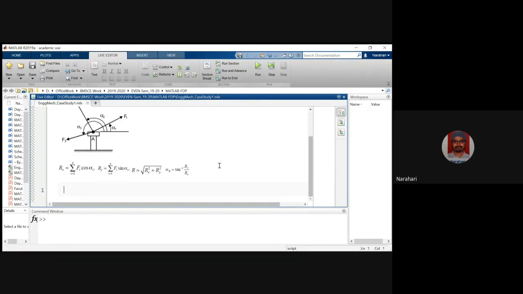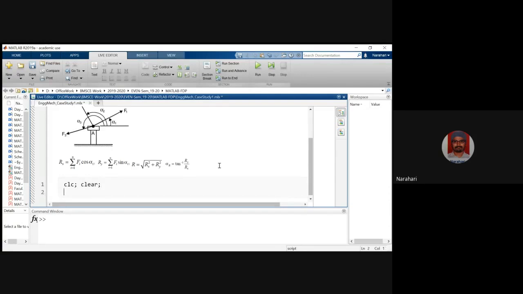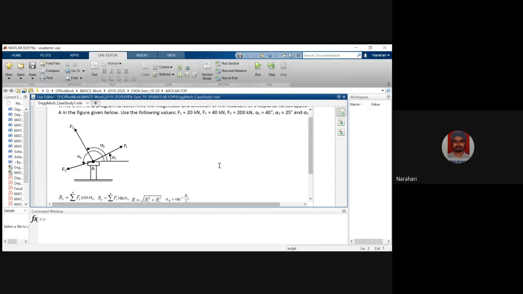A good practice is to clear off the screen as well as the data content, so that whatever previously run things are there can be cleared away. So I'll just do that. Then what I'll do is, rather than just writing a code,